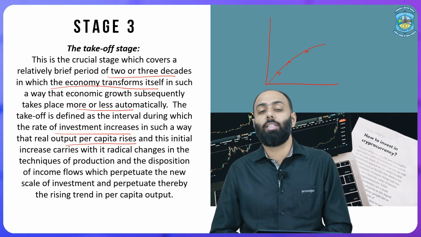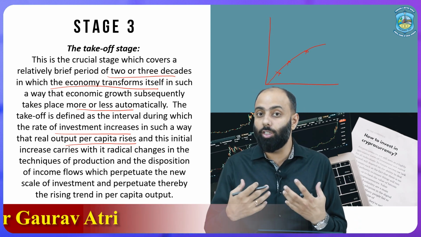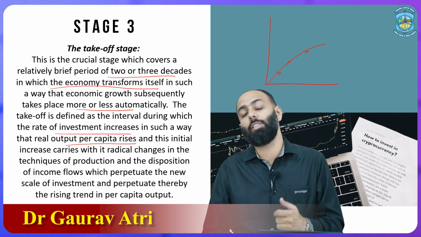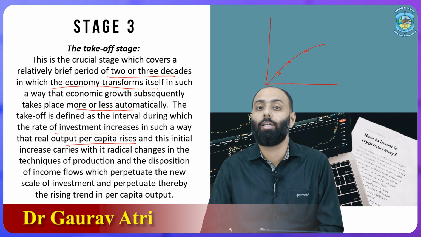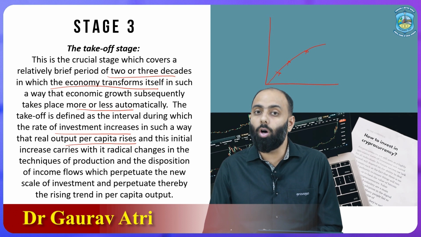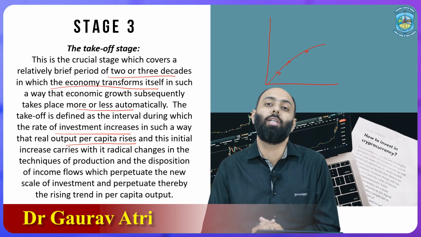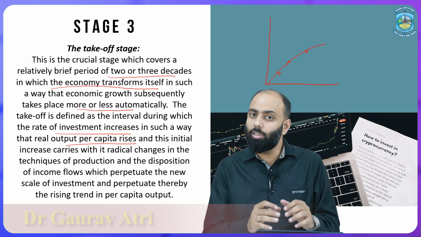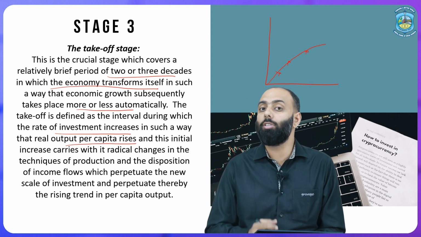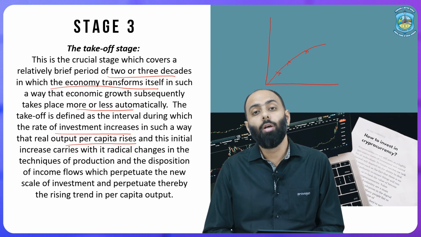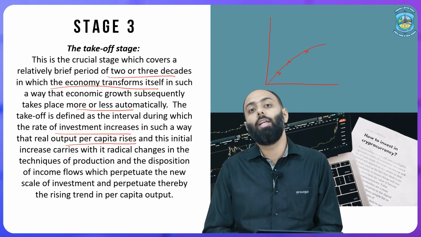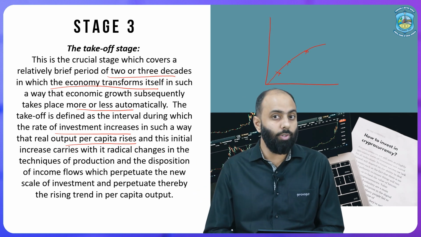And now people have started using more advanced tools, equipment, machineries, unlike the first or second stage. Now tools, for example tractors or advanced pesticides and insecticides, are being used for mass production in the economy. So in this stage people think about having more investment. Why? Because investment will lead to more output, and more output can give them more profit that can lead to an increase in their levels of income.